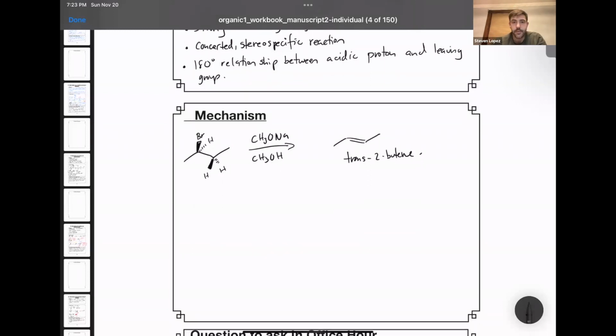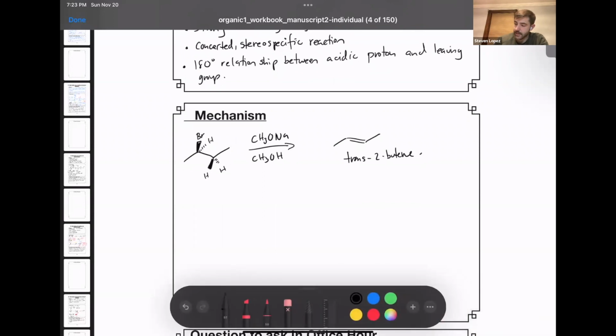And here's why. The first step of this reaction is that this base, sodium methoxide, and I'm actually going to get rid of that sodium and put that just in blue. The sodium, remember, is just a counter ion. It's just to balance the charge on the CH3O, which is minus. The CH3O is the strong base. And the two hydrogens that I've shown here are going to be the ones that could be deprotonated. But we have to make a decision as to which one of these two will be deprotonated.